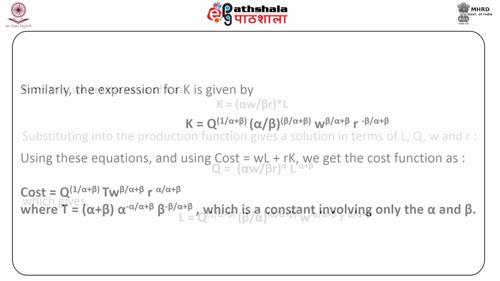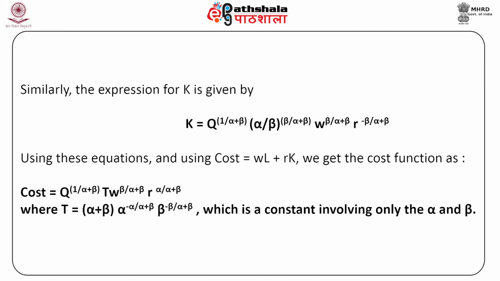Equation 12. Similarly, the expression for K is given by K is equal to Q raised to the power 1 upon alpha plus beta into alpha upon beta raised to the power beta upon alpha plus beta into w raised to the power beta upon alpha plus beta into r raised to the power minus beta upon alpha plus beta. Equation 13. Using these equations and using cost is equal to w into L plus r into K,